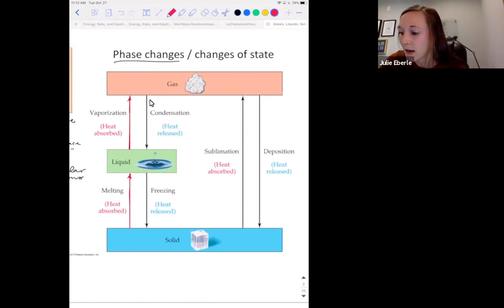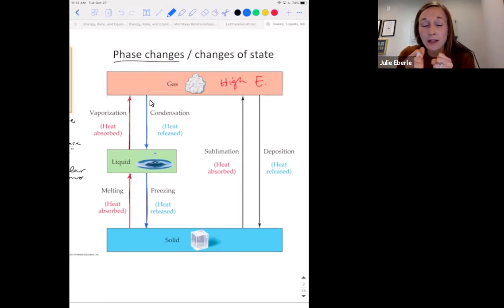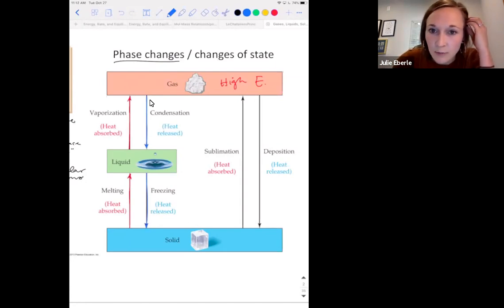So these are high in heat, high in energy. But vice versa, as we go down, I'll do this with a blue arrow since the text is in blue. As we condense something, going from gas back to liquid, or as you freeze something, you must be giving off heat so that those molecules can come closer and closer together and then interact as a solid in place. So for those processes, the middleman there is a liquid: gas to liquid, liquid to solid.